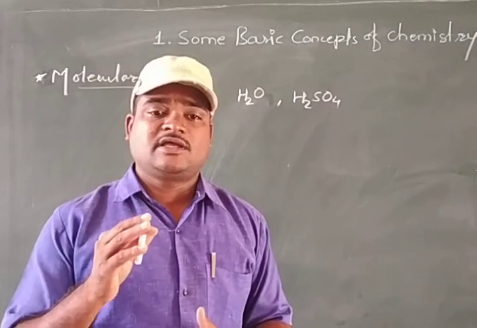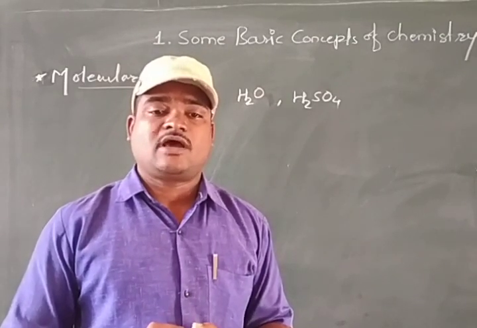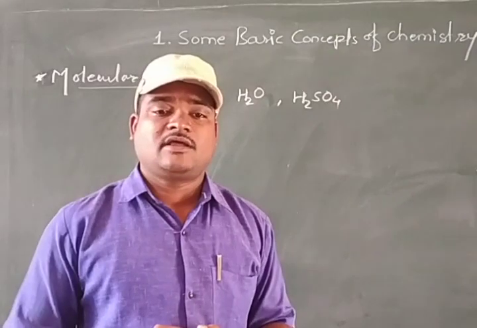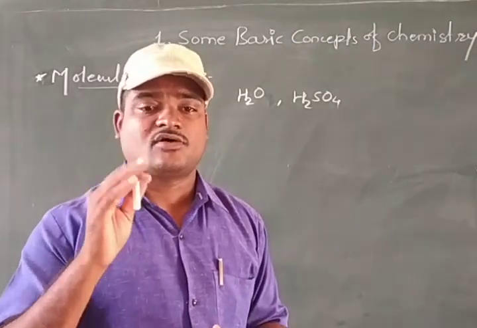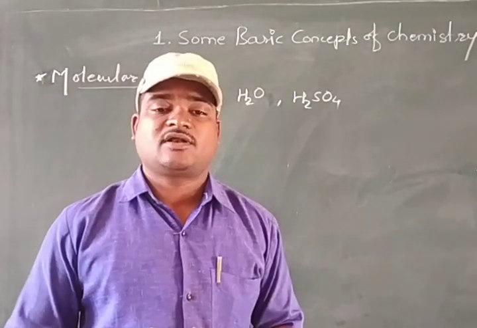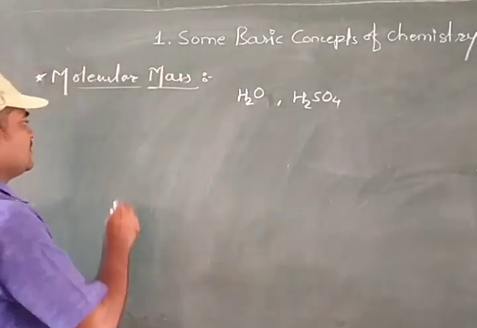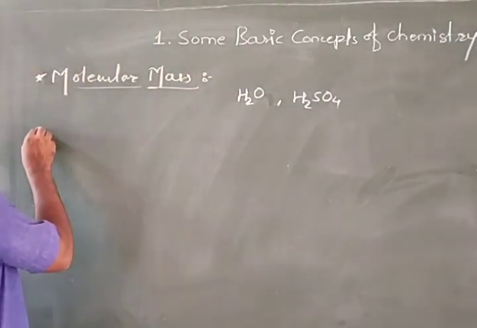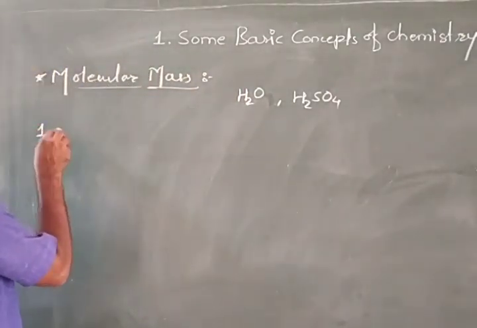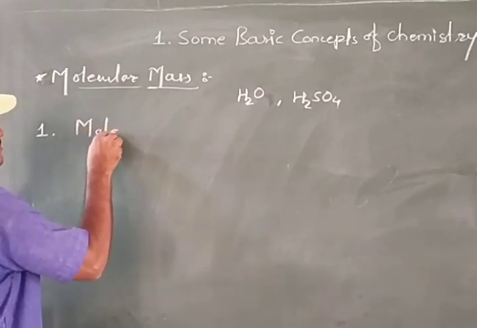For carbon dioxide we should know the average atomic mass of carbon and the average atomic mass of oxygen. Then we can calculate its molecular mass. So let us calculate one example, the molecular mass of